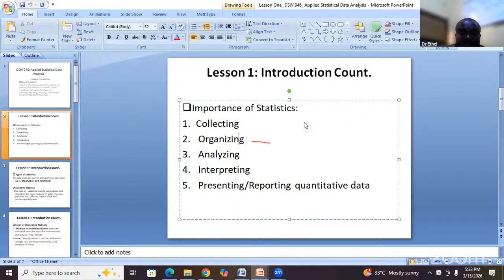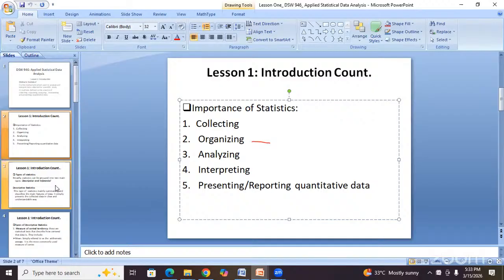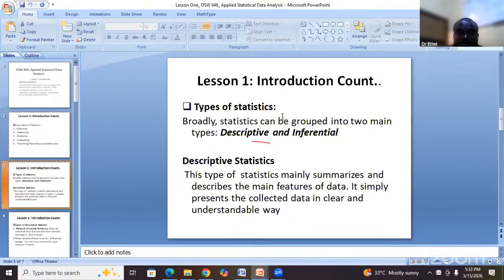The next one on the introduction is types of statistics. Broadly speaking,